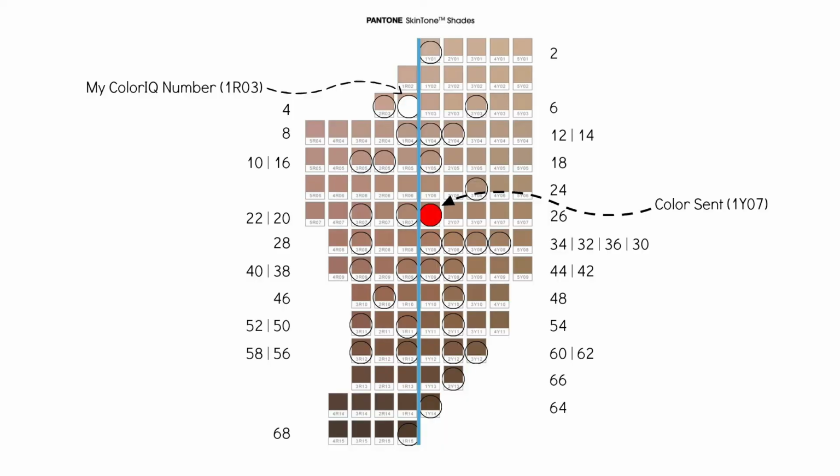So this is 1Y07, so pretty neutral. And then it also goes from 1 to 15, I believe, is the deepest. So that's your light to dark. So the first half of the number is your undertone, and the second half is the depth of color. So this is about halfway down on a scale from 1 to 15. So I don't know how many different variations of this product they sent out, but my Color IQ number that I have entered into Sephora is 1R03. So I'm still pretty neutral, a little bit more on the cool side, and I am a 3 as opposed to a 7. And the skin tone more generally that I have entered into my beauty profile is porcelain. So to me, a number 7 shade is not porcelain. I am a little bit, I guess, bronzed or warmer than I am on my neck, but